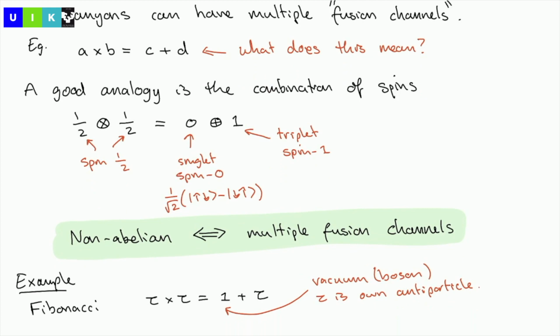So again, this sounds weird, but it is something that you've probably seen before. A good analogy of this is the combination of spins. If I have two spin half degrees of freedom, and I think of them collectively, I bring them together, then I can actually split this into two parts. There's the singlet part, and then there's the triplet part. The singlet really acts like a spin 0, and the triplet acts like a spin 1 degree of freedom. So the combination of two spin halves, I'm saying, is a 0 plus